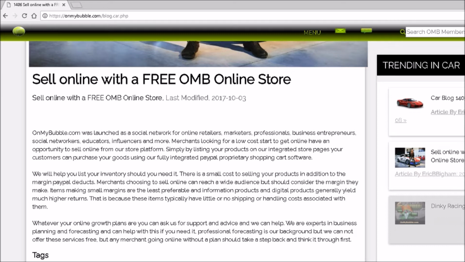So you can promote your articles. You can see exactly how much you would need to promote your articles for them to rank. So any article here with more than 155 views would knock this dinky racing car article that I'm looking at off the page. So if I just click on dinky racing car,